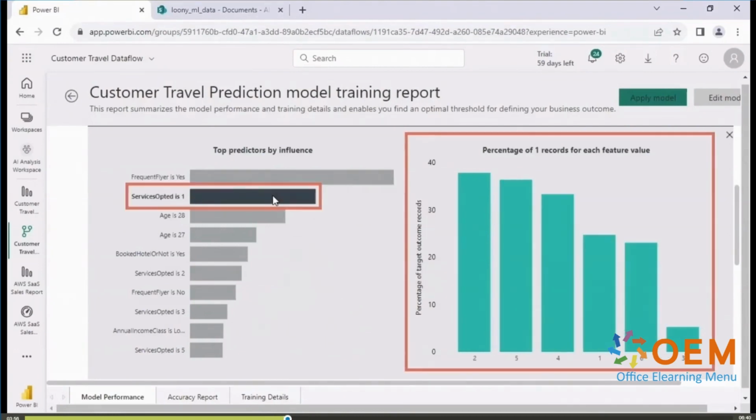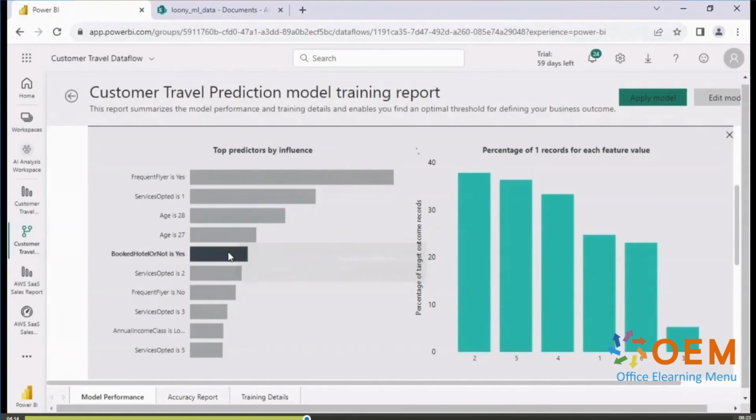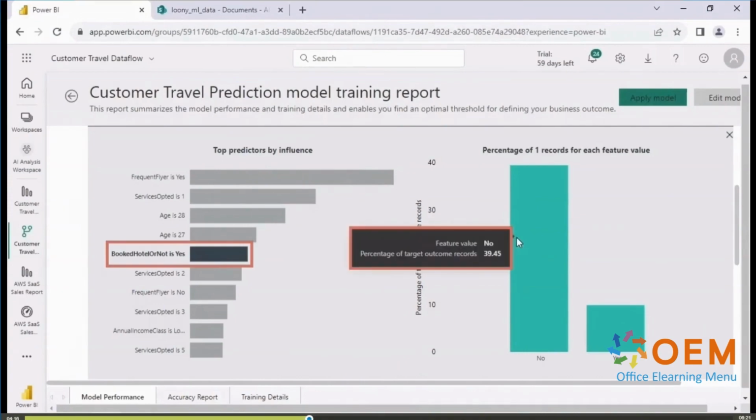Let's look at the next most influential feature, services opted equal to 1. You can see that almost 40%, 37.84%, of the customers who churned had only one service that they opted for. And this is why it is considered an influential variable. Let's look at booked hotel or not is equal to yes. You can see it's not a very